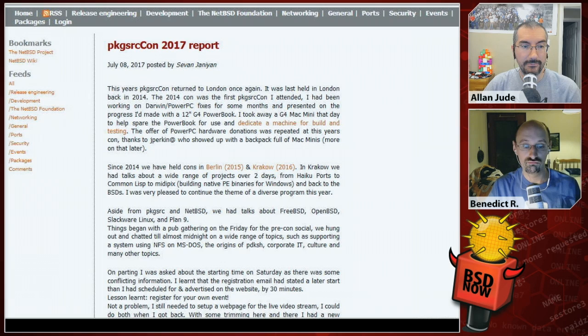Then on day 2, they moved on to a hack day at the London Hackspace. Solana burnt some CDs of the most recent Mac PowerPC builds for NetBSD 8.0 beta and -current, and installed them on the Mac Minis that he had gotten there. He also set up a donated G4 Mini for everyone in a dual boot configuration,